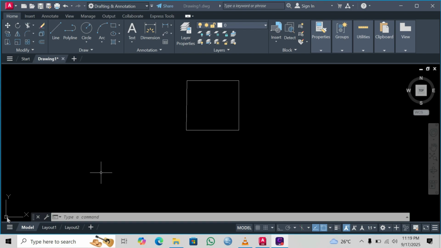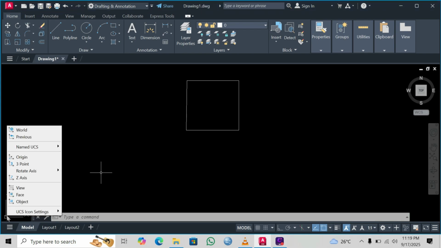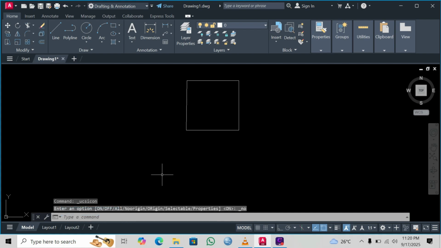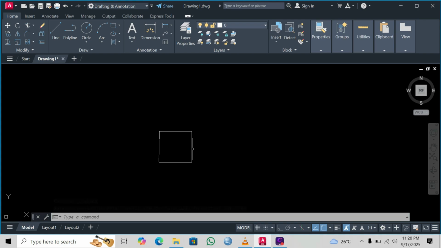To fix the UCS axis position, right-click on the UCS icon. A menu will appear with several options. Scroll down and select UCS Icon Settings. In the settings, uncheck or turn off the option Show UCS icon at origin. Now the UCS axis will stay fixed at the bottom left corner of the